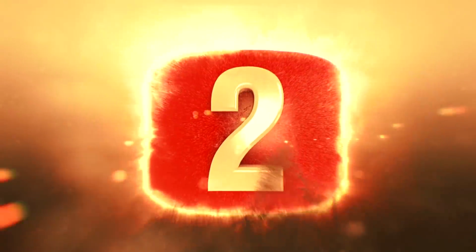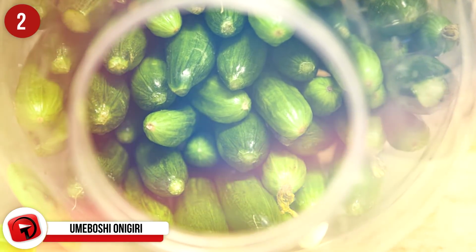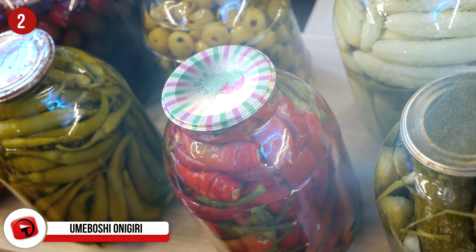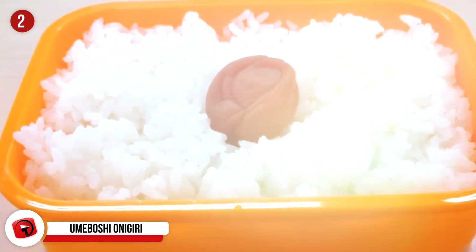Number 2. Umeboshi onigiri. In America, when we think of pickling, we tend to think of cucumbers. In other countries, though, pickling is a pretty common method of preparing fruits and vegetables so they can last longer. One very popular one in Japan is pickled salty plums, or umeboshi. They have a very sour and salty flavor and are often served with rice and a bit of seaweed to